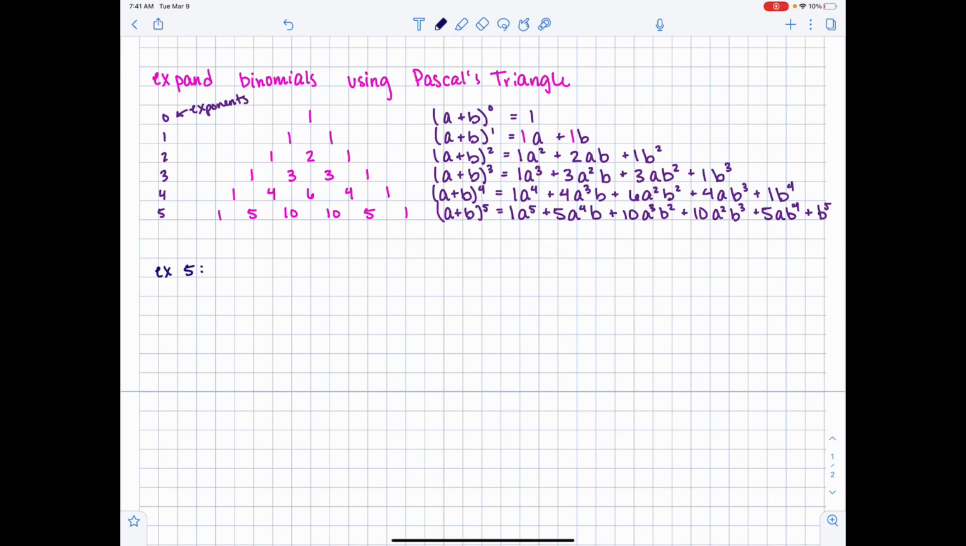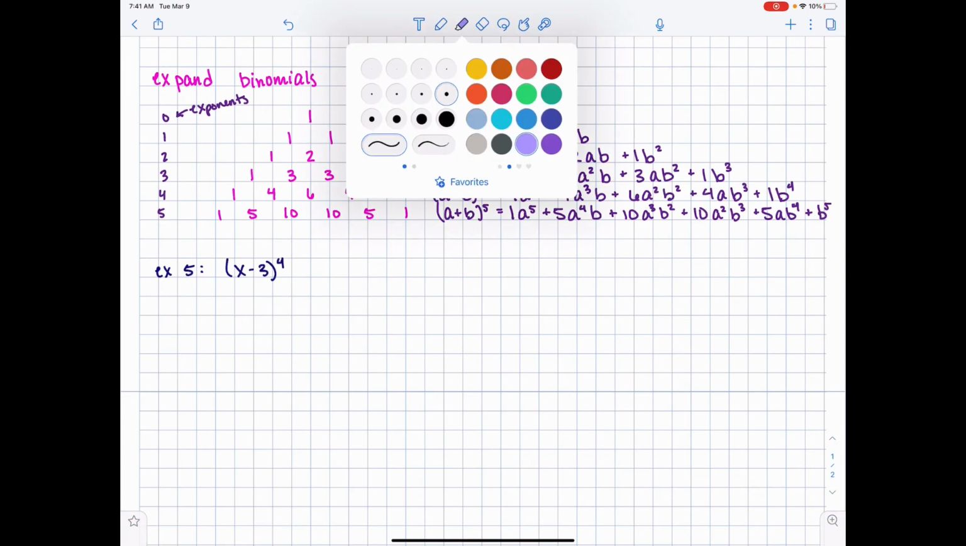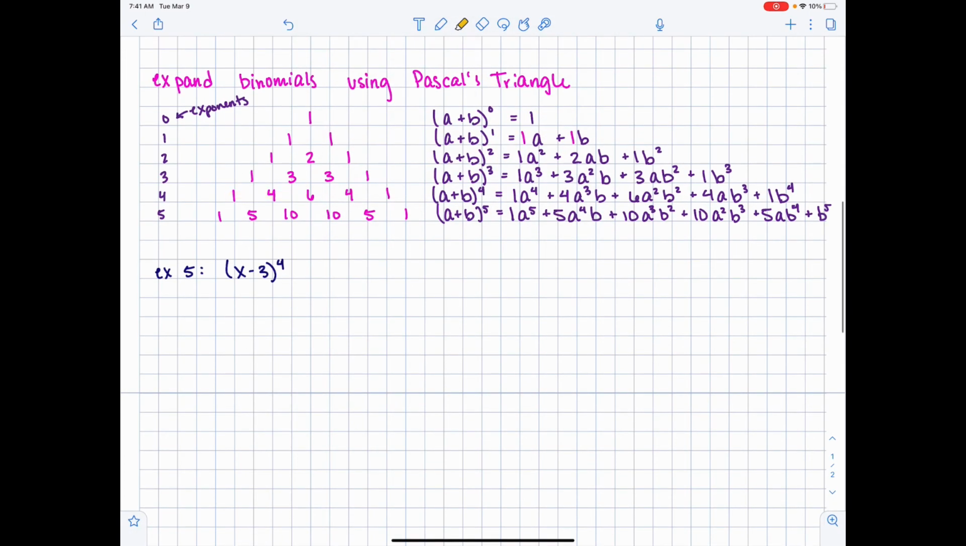All right, and we have x minus 3 to the 4th. Okay, so we are going to use these coefficients right here. So 1, 4, 6, 4, and 1. All right, so when we expand this, we also need to define: A is going to be x, but B is going to be negative 3. So we just have to be a little bit careful with our negatives here when we're expanding them. So we're going to have